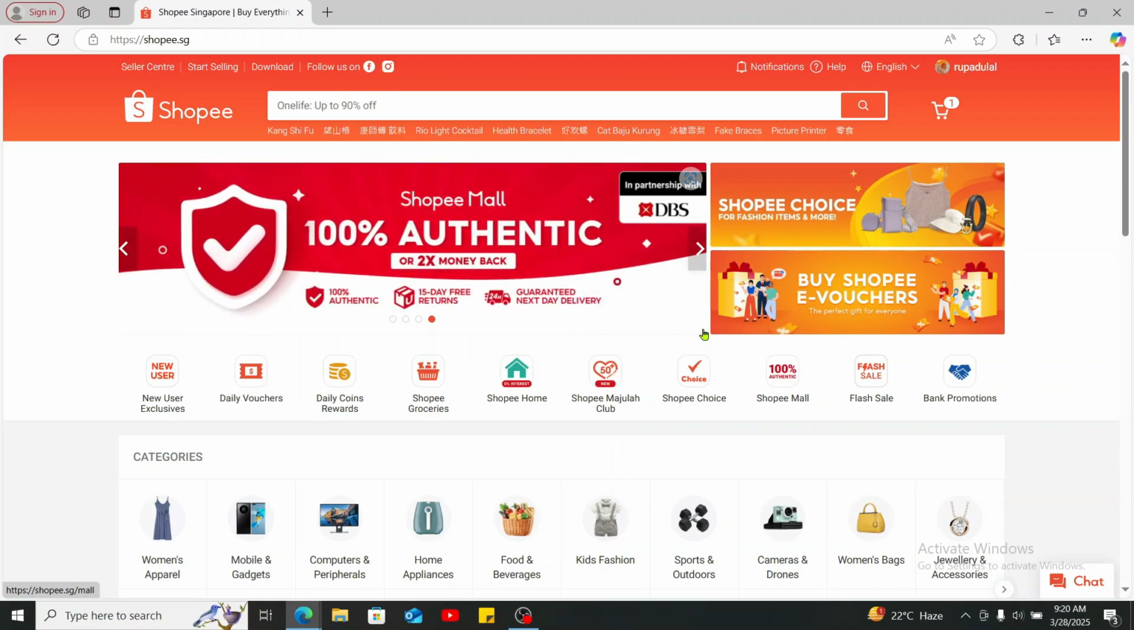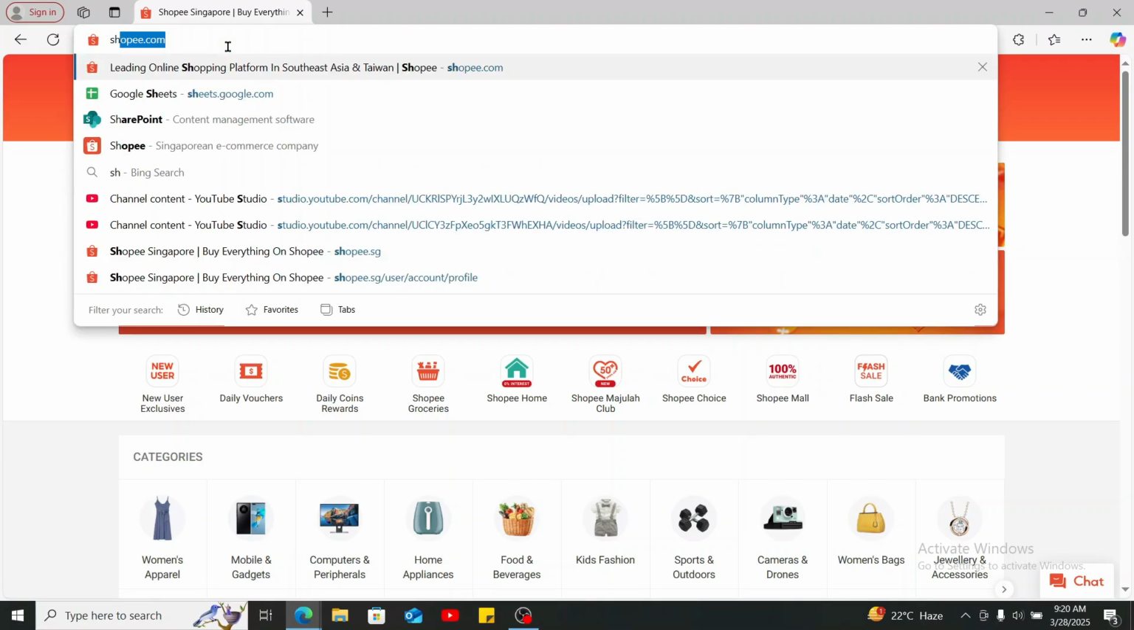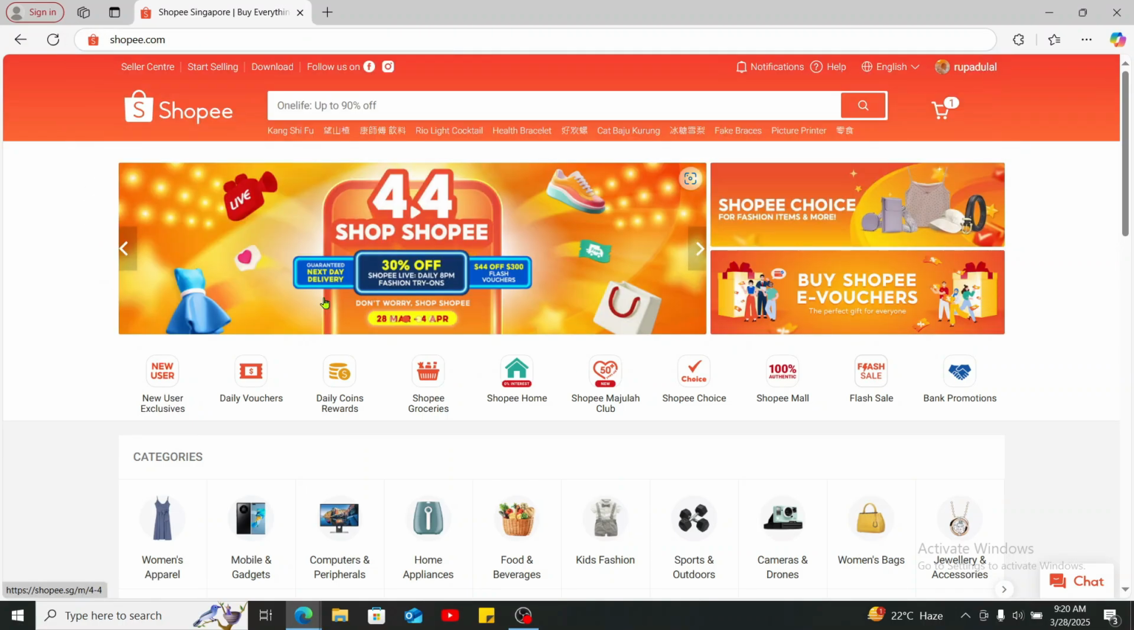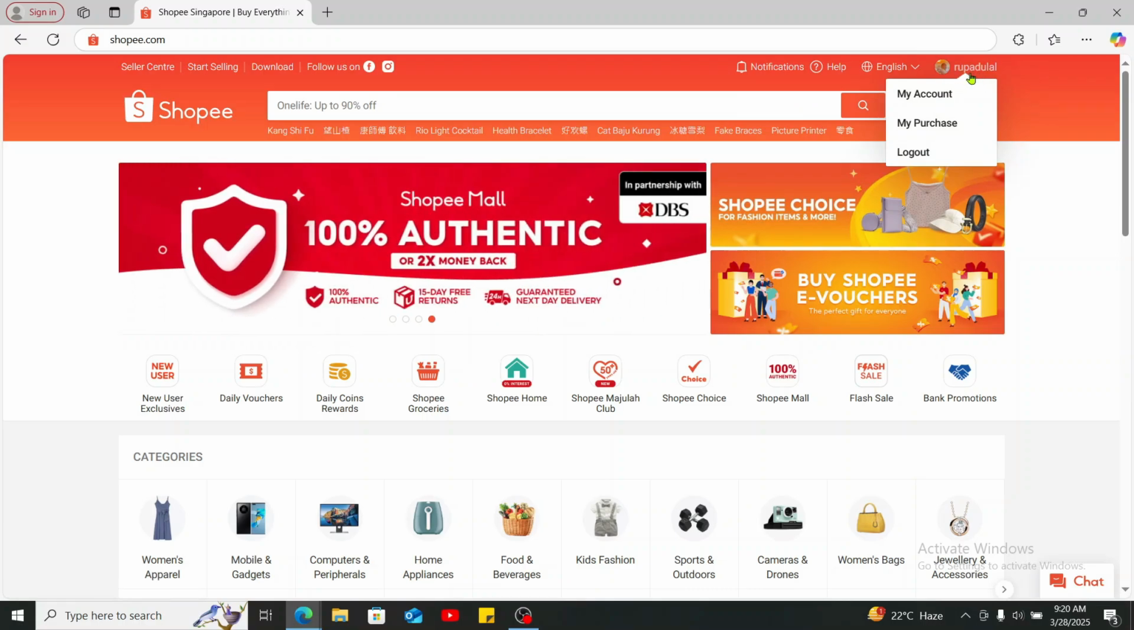First of all, open up a web browser and then type in shopee.com in the URL box and search. After you end up in the home page of Shopee, go ahead and log into your account. Now go to the top right corner and then mouse over to your name or your profile picture and click